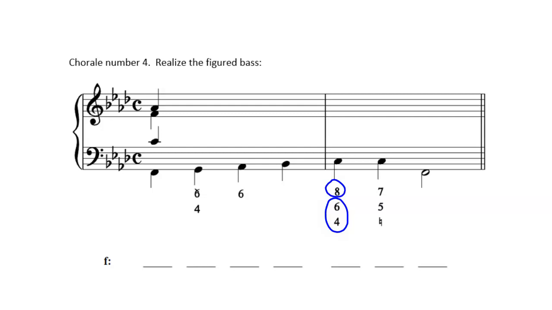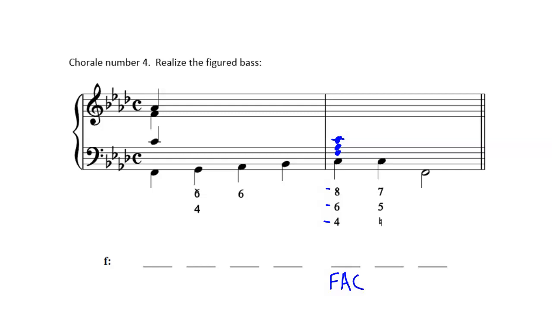And also, you don't ever see 7/5. So I'm just going to tell you what's going on here. The reason they put all those numbers is because they want to show you exactly what to do with each of those notes. So we're just going to treat this like the other figured bass symbols and put those intervals above the bass. Okay, so a 4th above the bass, a 6th above the bass, and an octave above the bass. So we're going to spell this chord as an F, A, C,